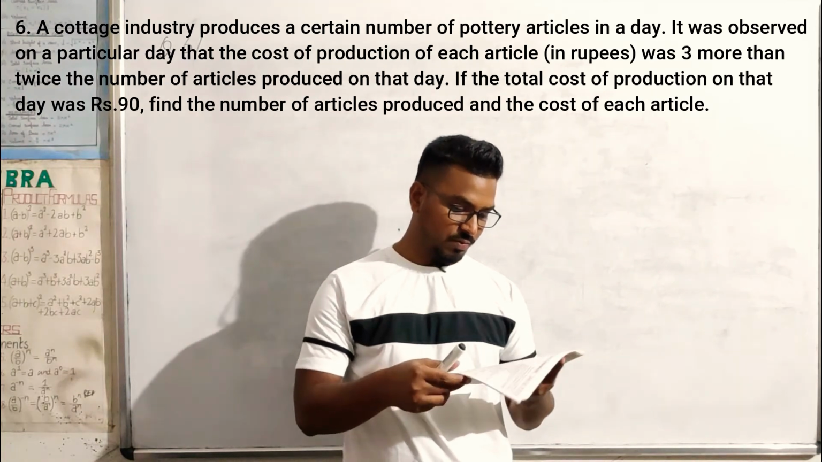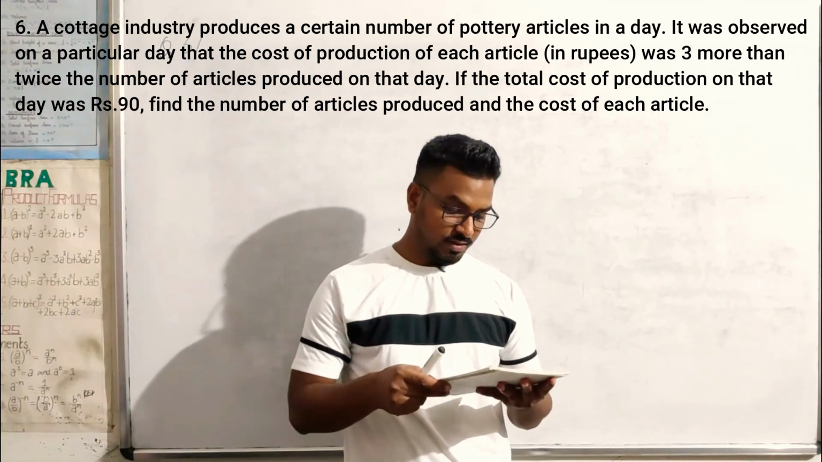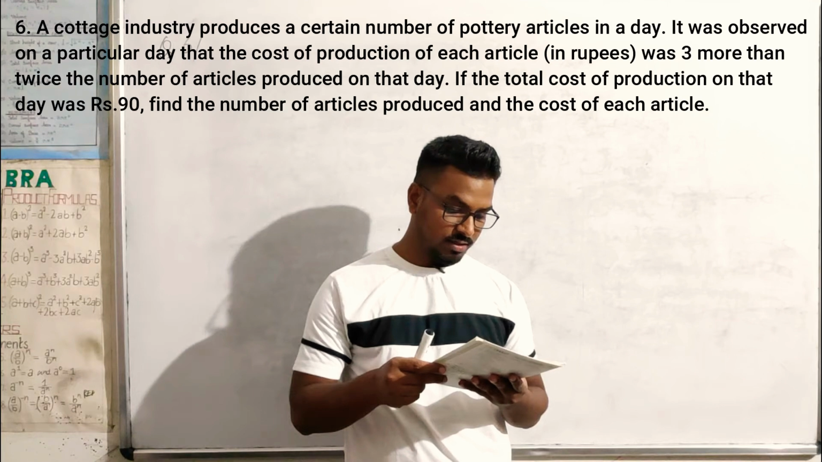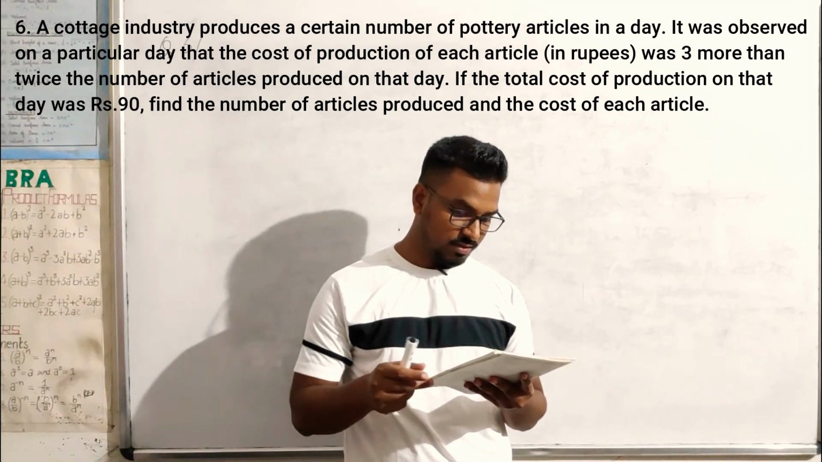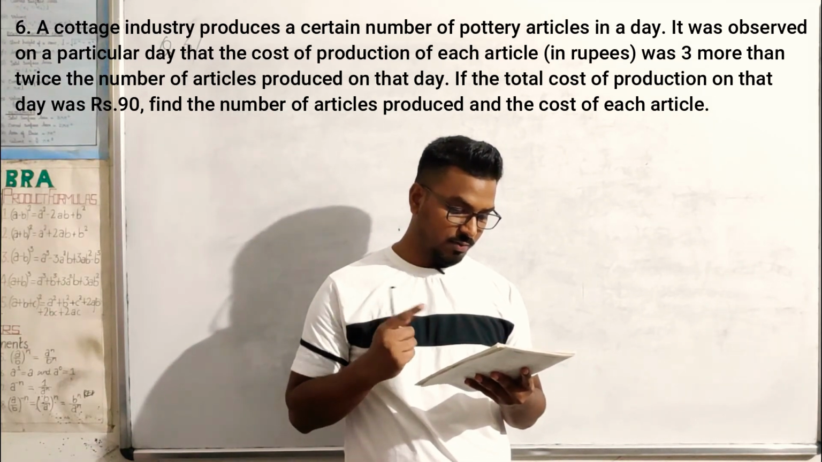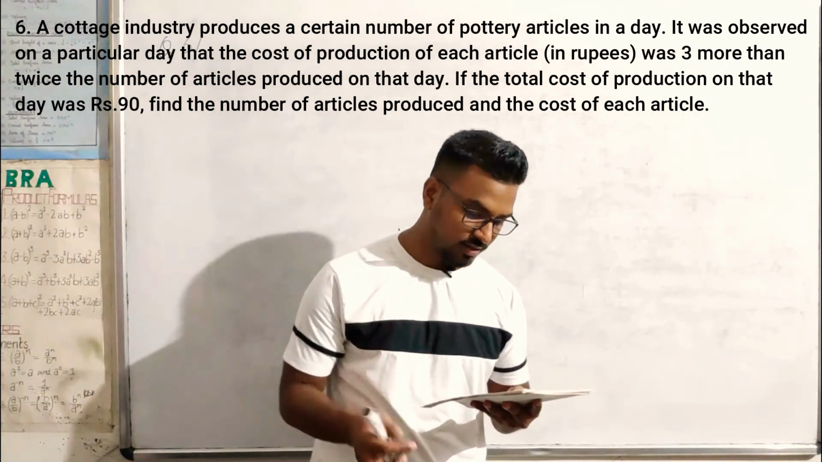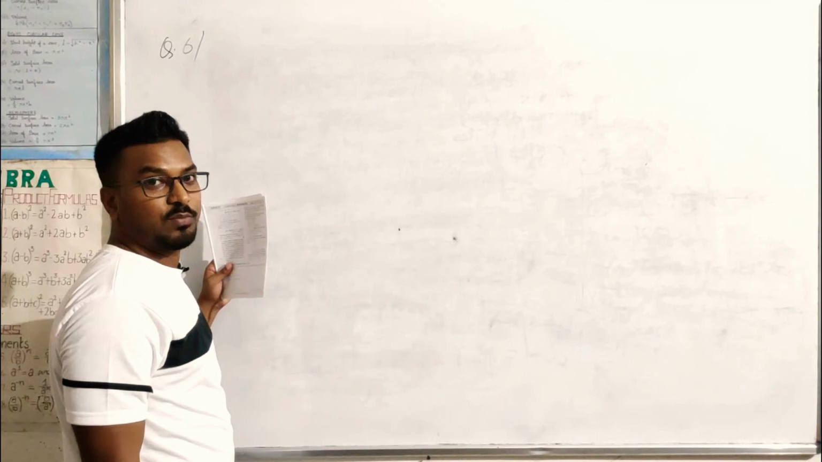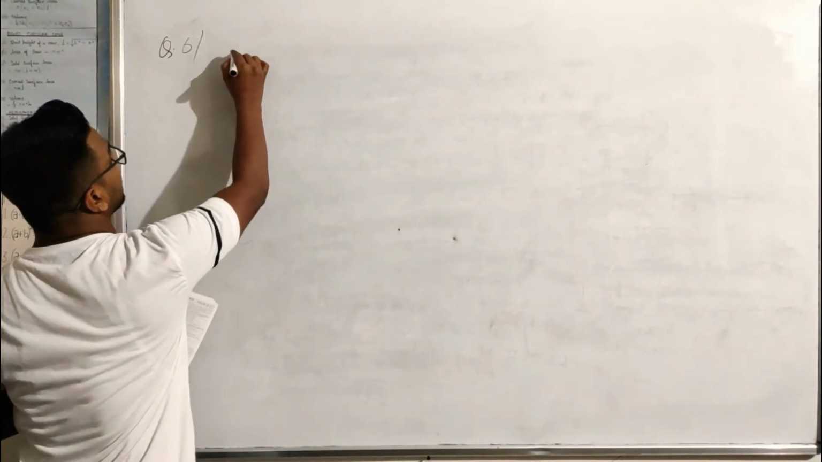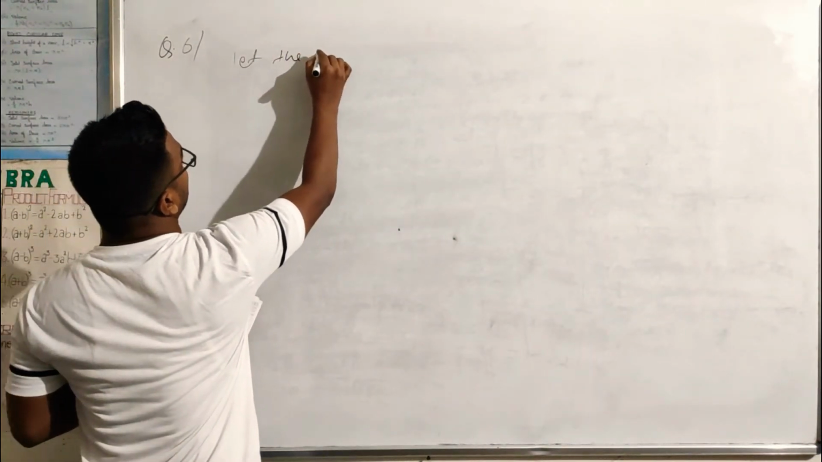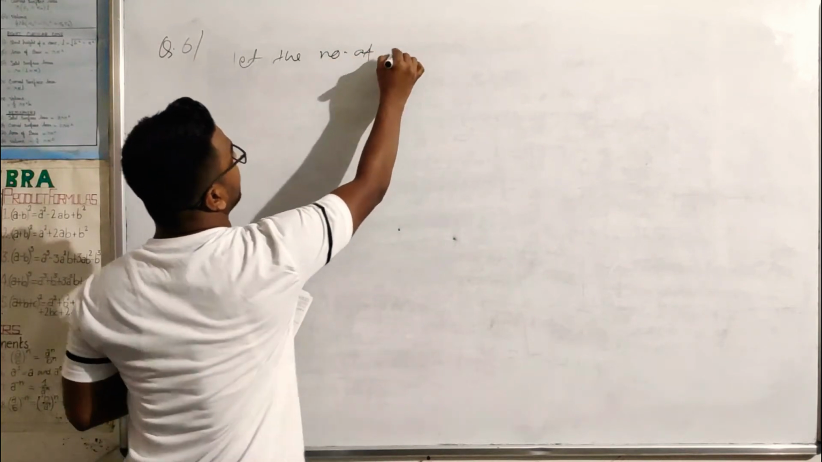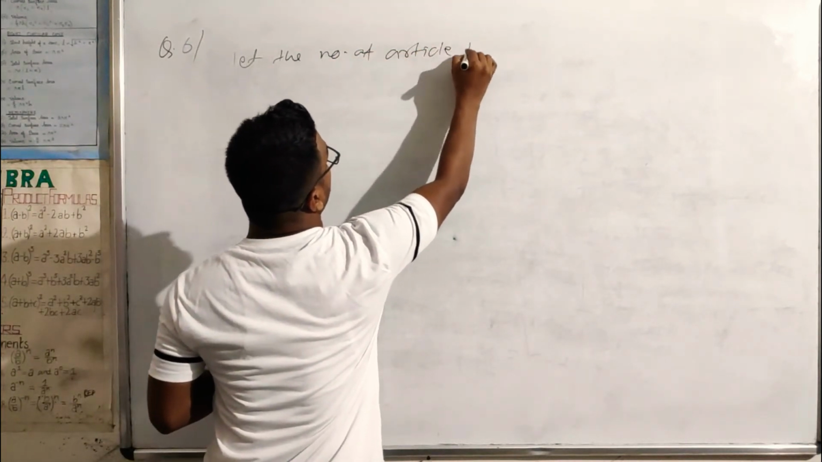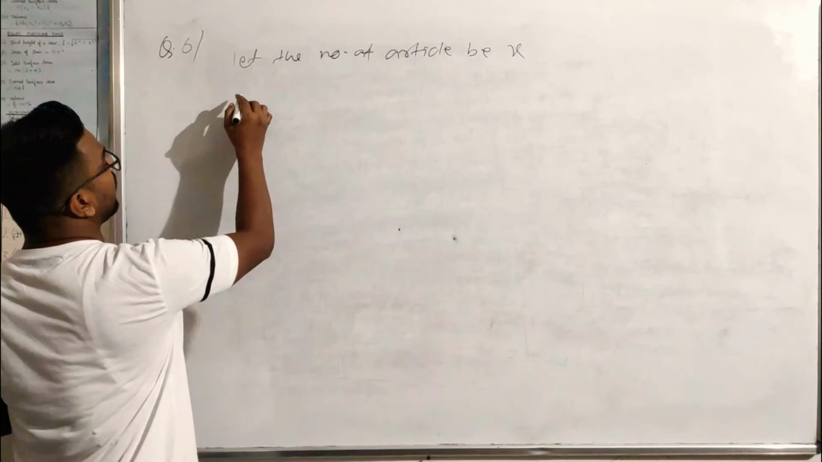Okay, total how many articles are there we don't know, and on a particular day the price is 3 more than twice the number of articles. Okay, let me do one by one. So we don't know the number of articles, so let me take x. Let the number of articles be x, and next is given